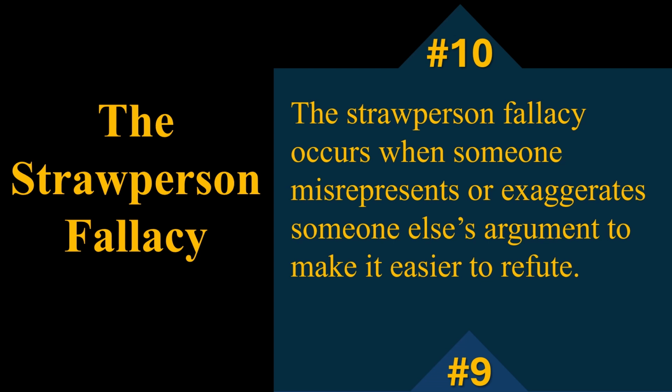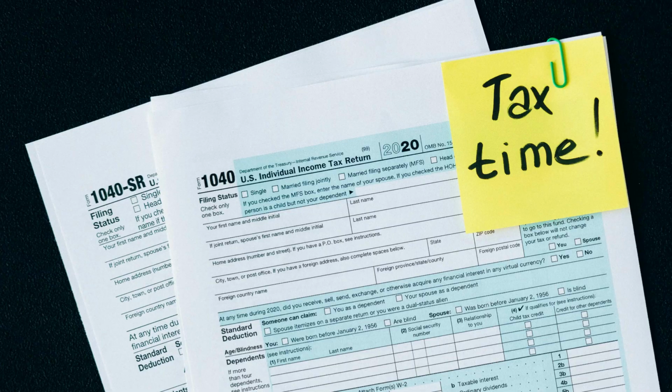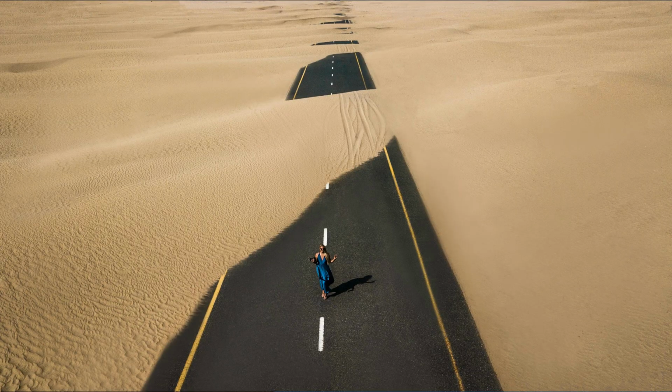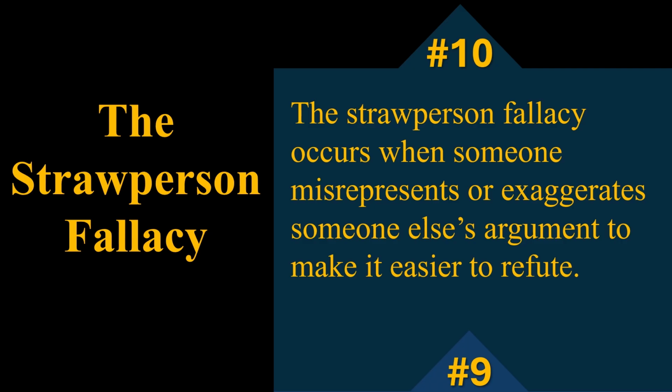Number 10, the straw person fallacy. The straw person fallacy occurs when someone misrepresents or exaggerates someone else's argument to make it easier to refute. For example, let's say someone said, "I think it would be okay if we raised taxes a little bit in order to fix the roads around here." And someone else replies by saying, "I can't believe you'd think that. Why do you want to triple our taxes?" That exaggeration going from a bit to triple is an example of this logical fallacy because it's exaggerating and misrepresenting